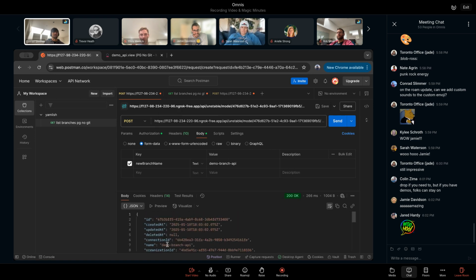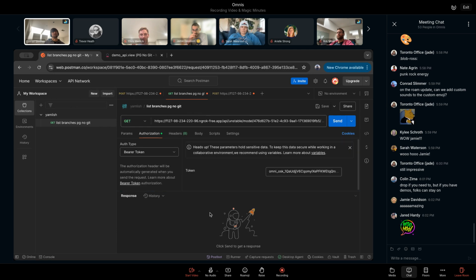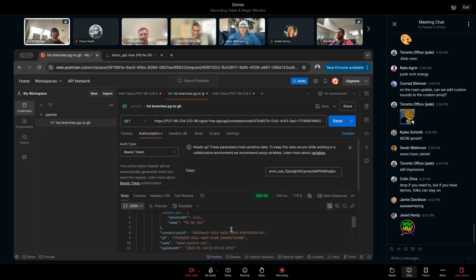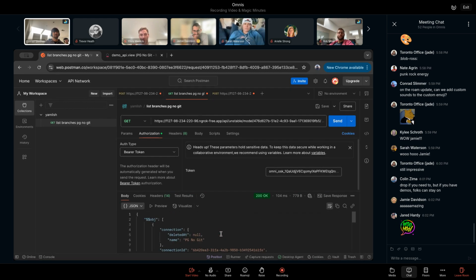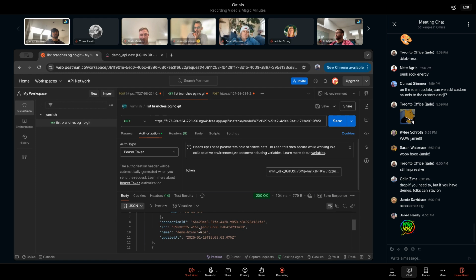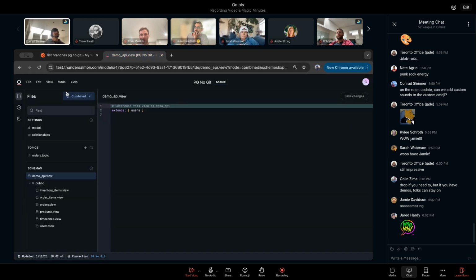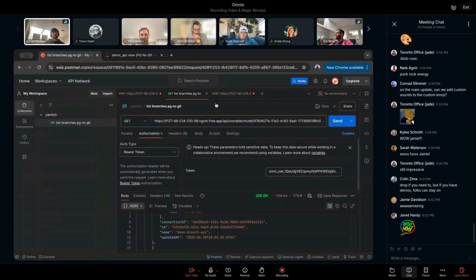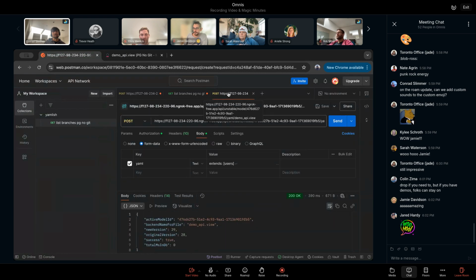After creating the branch, this did give me the response. I could parse and get the ID out of it, but maybe I also just want the list of existing branches for part of my API scripting. So you can see that this demo branch API shows up. There's another branch in here as well, I've got test branch and I've got demo branch API. If I jump in, I'll have to refresh because this browser doesn't have context on that. You can see I've got demo branch API, and just to complete the cycle here,